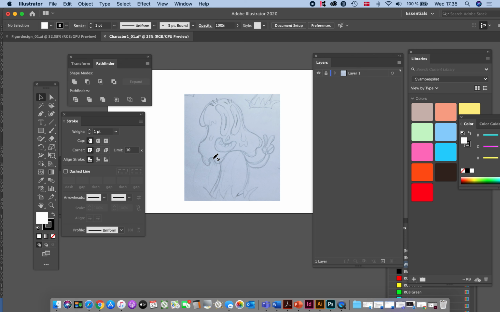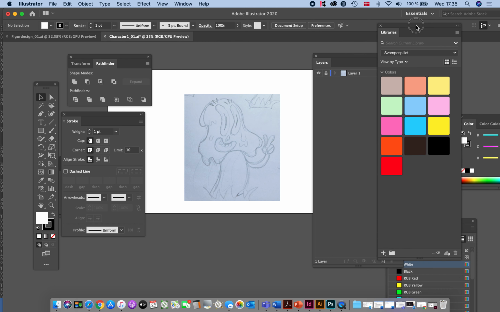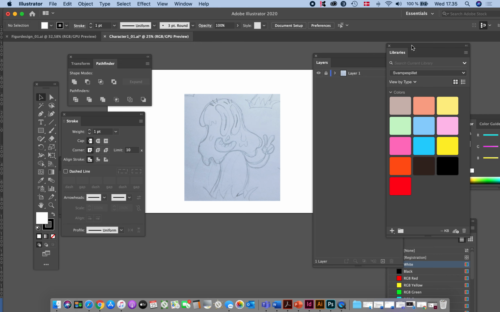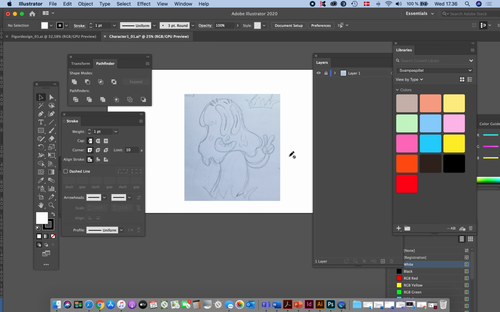Okay, before we are completely ready to draw, we need to have our colors from our style tile into Illustrator. I've cheated a little bit. I have already put my colors here in the libraries. If you know the libraries function in Adobe, it's a good place to put your colors and graphics and so on. But you still need to put them into Illustrator and make them into global colors anyway,